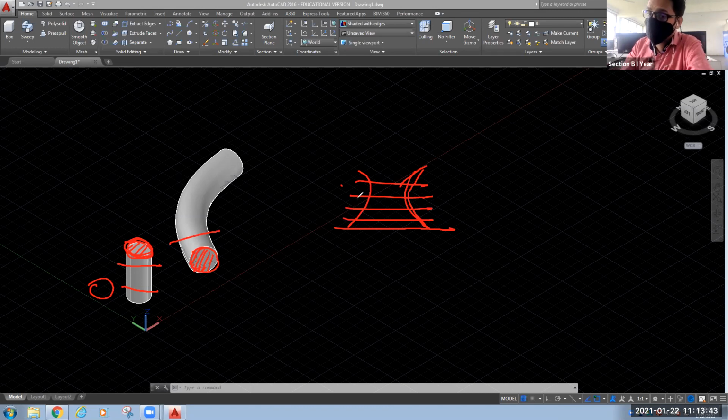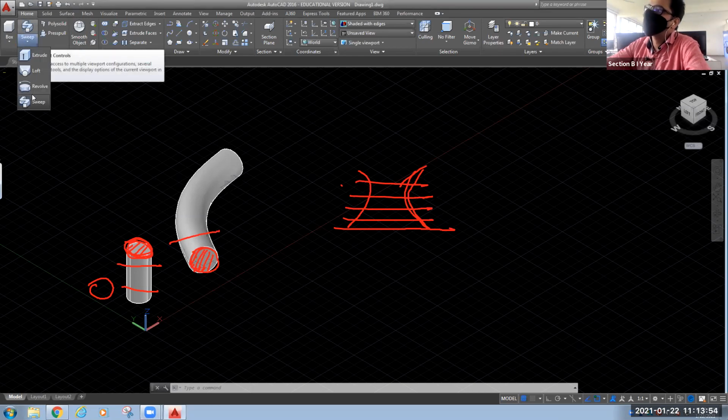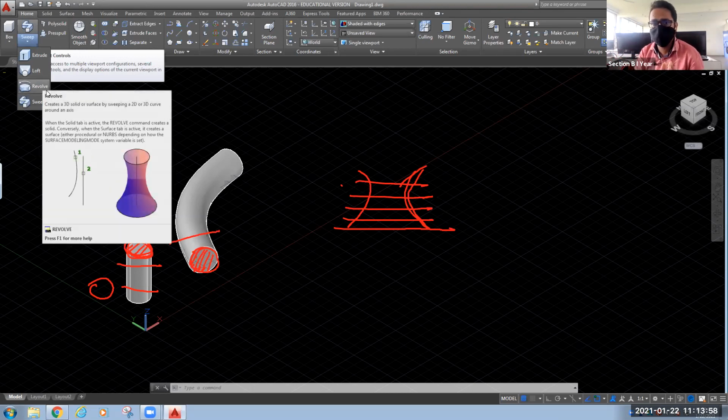For such a situation, you have this command called loft. This is your loft. My intention was to tell you the difference between extrude, sweep, and loft, because this question may be asked in your viva examination.